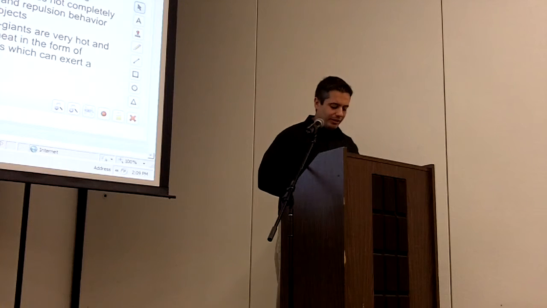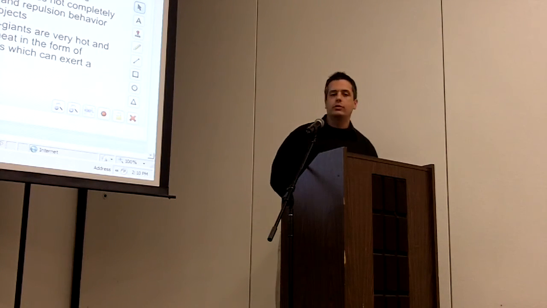So at the celestial scale, how do various celestial objects, or cosmological objects, interact? Do some attract while others repel? Currently, classic gravity theory states gravity only attracts, but gravity in the traditional sense alone does not completely define all attraction or repulsion behavior between cosmological objects. Stars and large gas giants are very hot, continuously expel heat in the form of particles and photons, which can exert a repelling force.